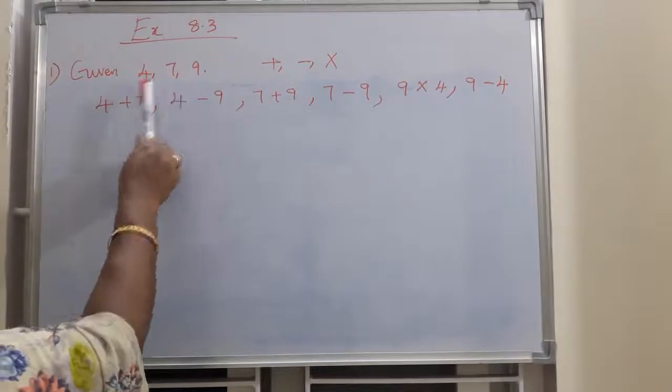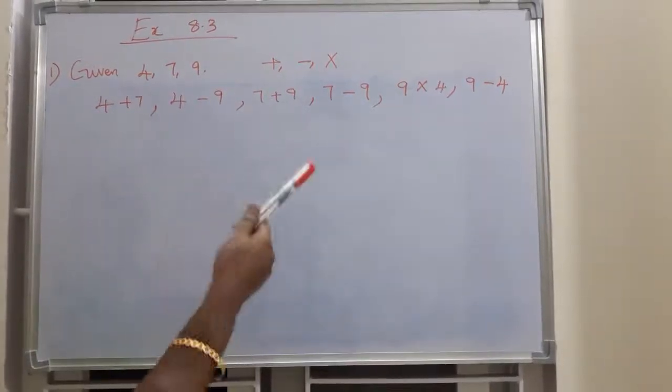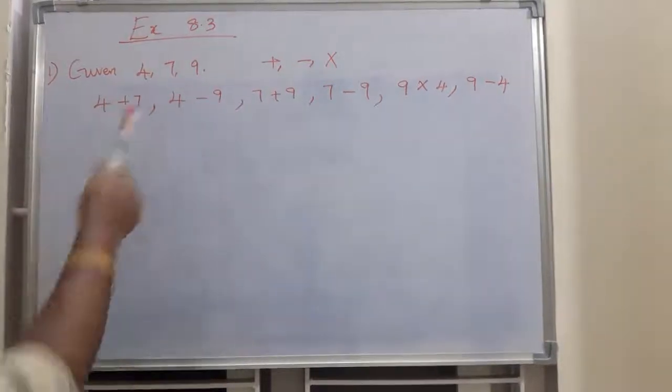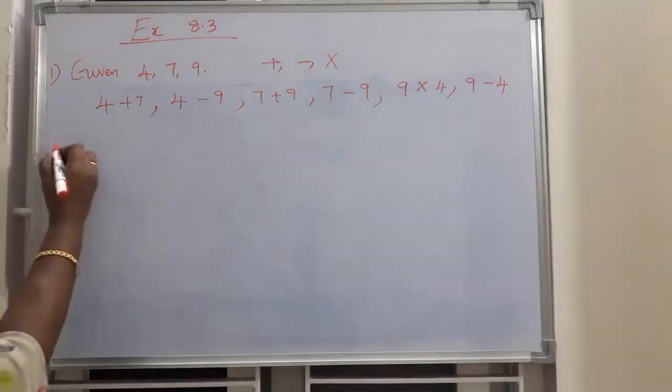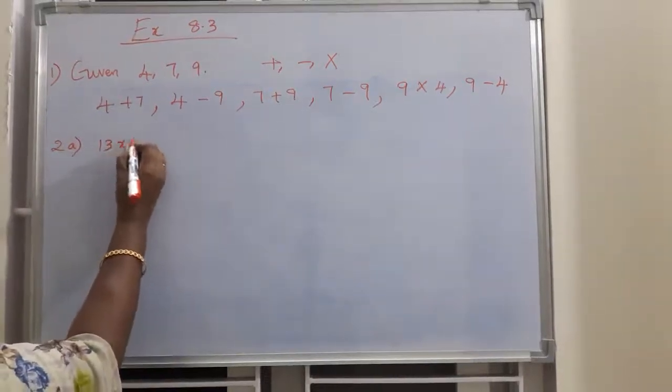You can take like this as many examples as you want. So you have to take any two numbers and in that you have to fit addition, subtraction, multiplication like that. You can even write 4 into 7, 4 into 9. So anything you can do. So I just took like this examples. Next, coming to second question. Which of the following expressions contain variable? So variable means A to Z, any alphabet. Okay children? So second one, A bit 13x plus 1.